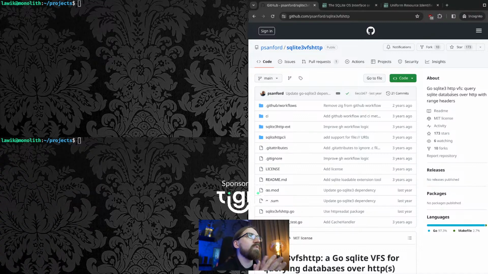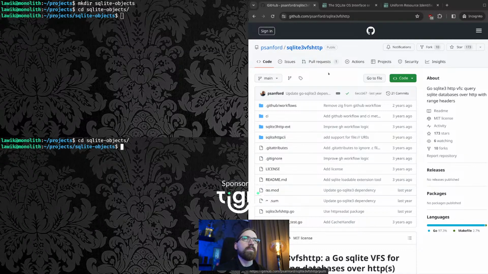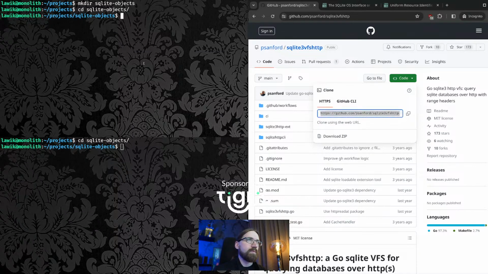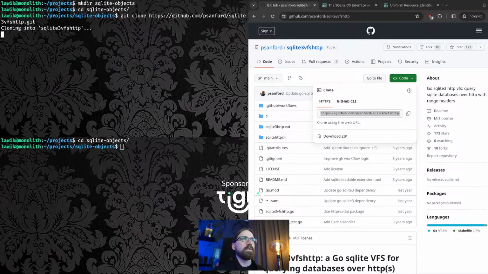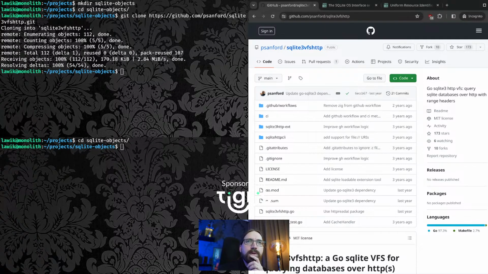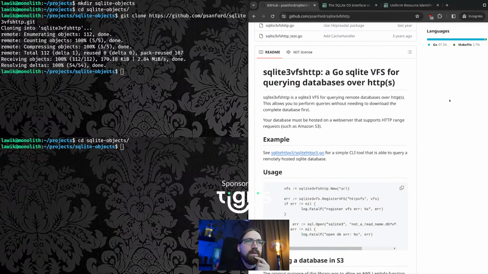And actually this is probably a decent stream to do a follow along on. So let's just create some directories to work off of. So SQLite objects. Sure, that's a name. You always need two terminals, right? So this project is very neat. It's a Go-based SQLite 3 HTTP VFS. It queries SQLite databases over HTTP with the range headers. If you don't know the range header,